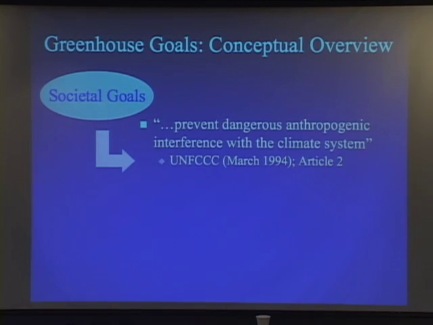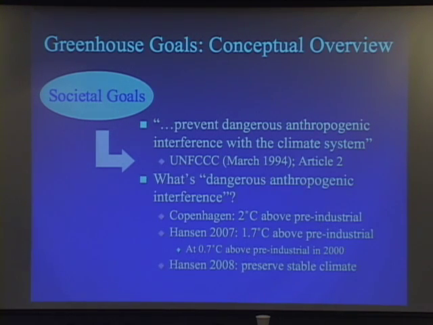And I suspect all of you have heard that phrase. So we've known about this for a long time. We're approaching 15, 20 years on this, 16 years. But what is dangerous anthropogenic interference with the climate system? What exactly does that mean? Well, if you listen to the Copenhagen deliberations, John was there, some others probably were there, the general consensus was we need to hold the global average temperature rise to something like 2 degrees Celsius above the